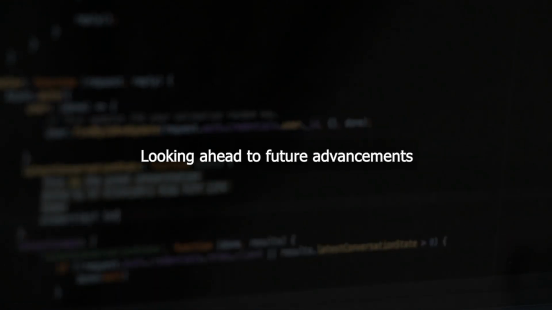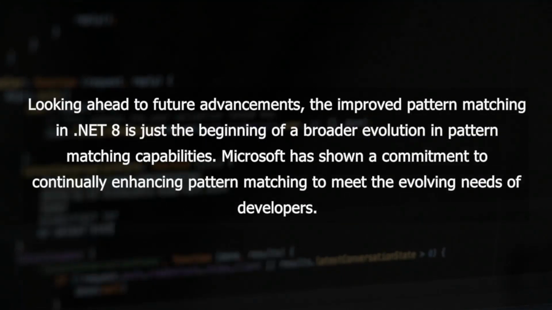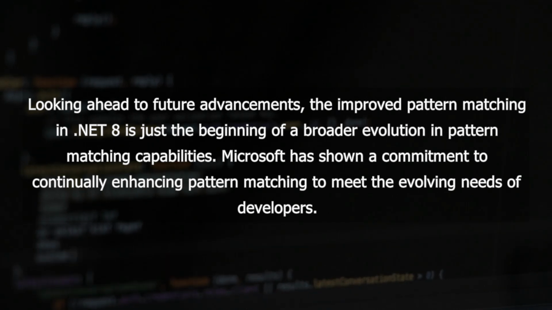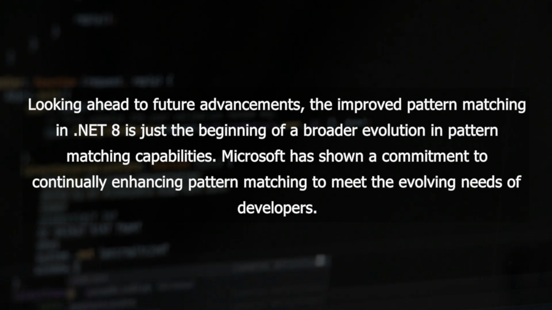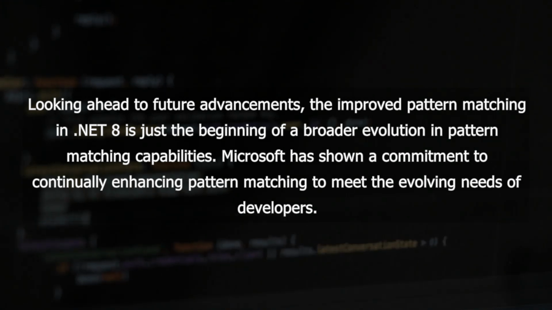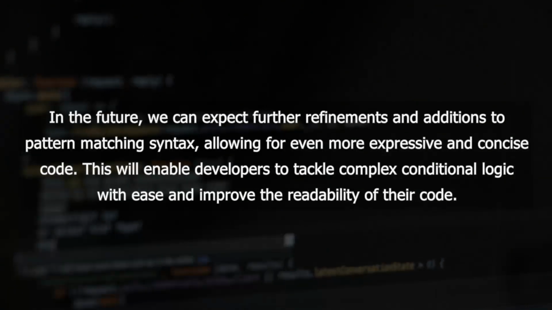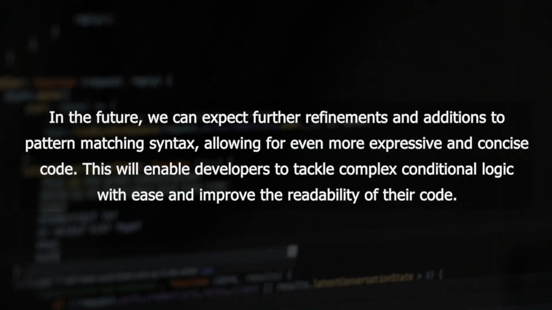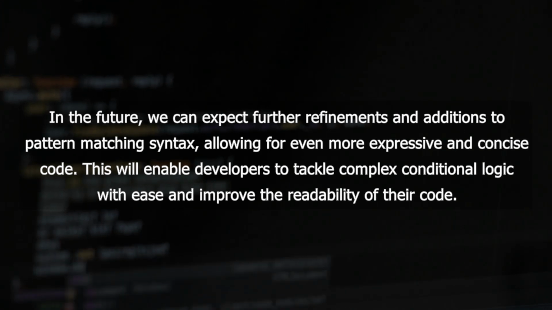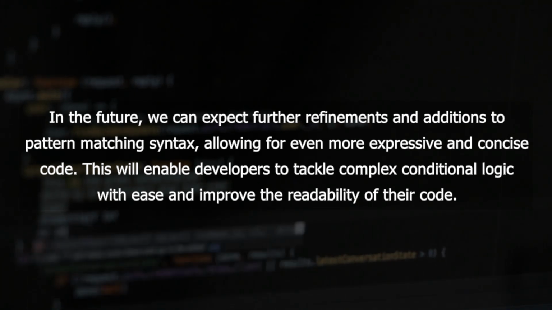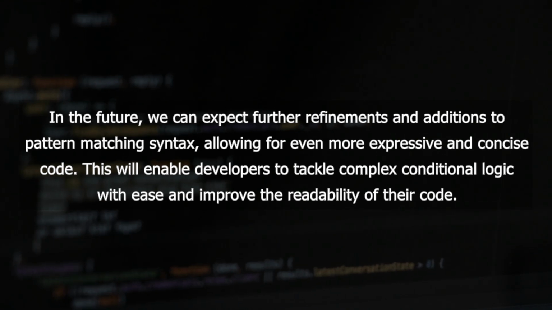Looking ahead to future advancements. The improved pattern matching in .NET 8 is just the beginning of a broader evolution in pattern matching capabilities. Microsoft has shown a commitment to continually enhancing pattern matching to meet the evolving needs of developers. In the future, we can expect further refinements and additions to pattern matching syntax, allowing for even more expressive and concise code. This will enable developers to tackle complex conditional logic with ease and improve the readability of their